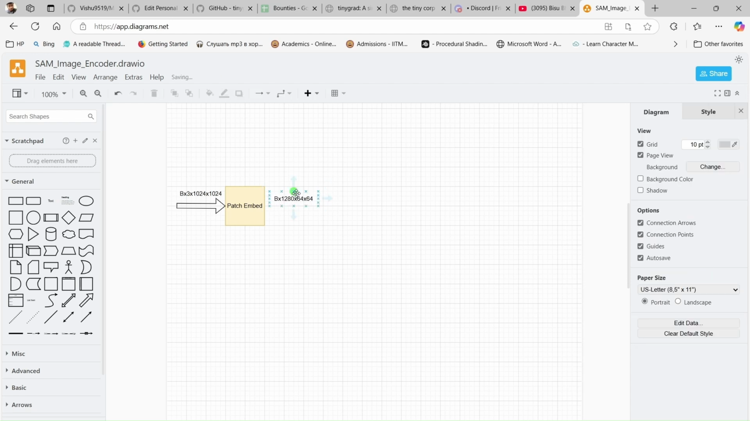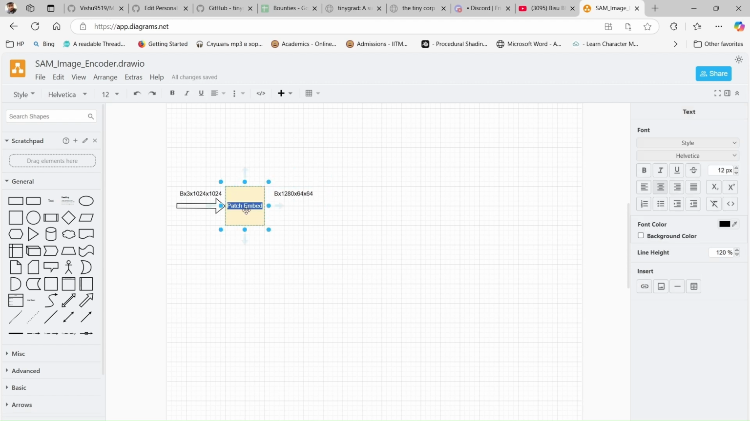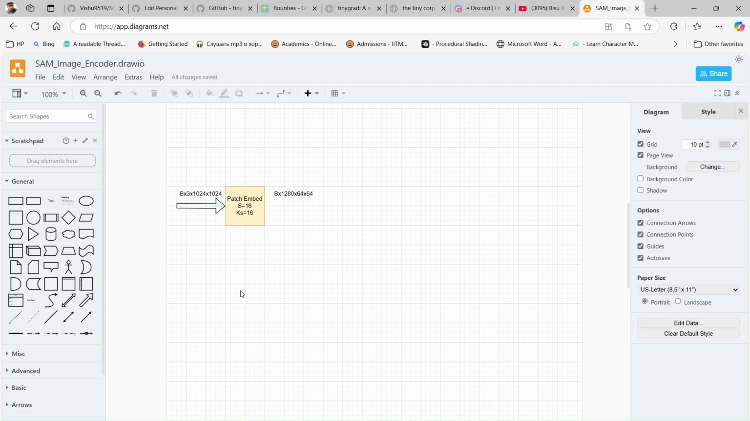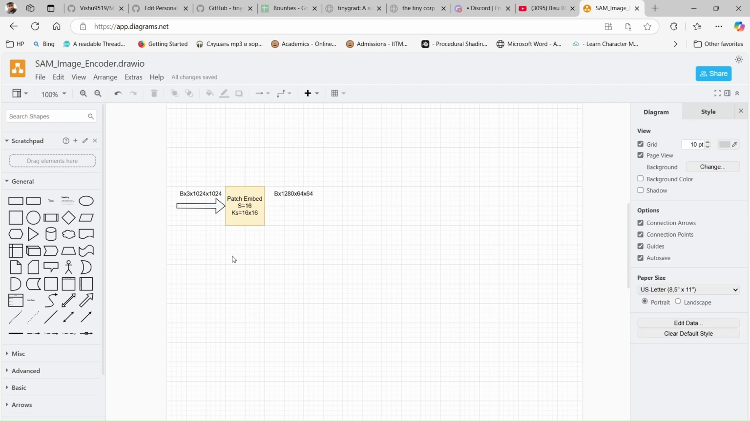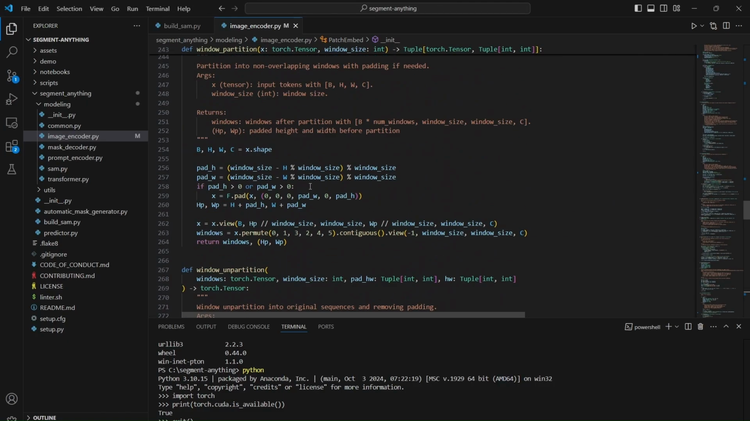I hope you understand why this is 64 cross 64. That is basically because in our patch embed we have a 2D convolution layer with a stride of 16 and with the kernel size of 16. So it will move across 16 cross 16. So this is basically 16 cross 16, and each time it will move horizontally and vertically 16 spaces. Right. Now if you go back to our code,